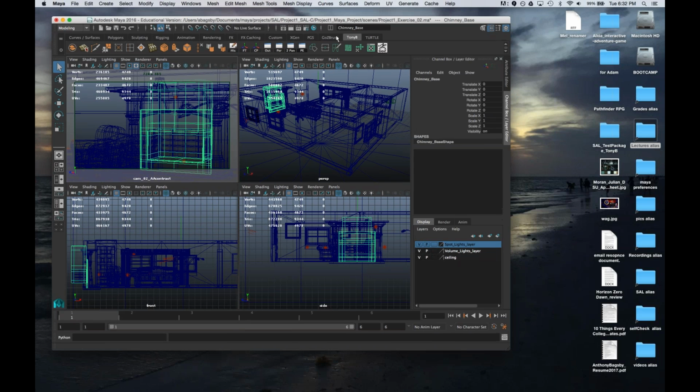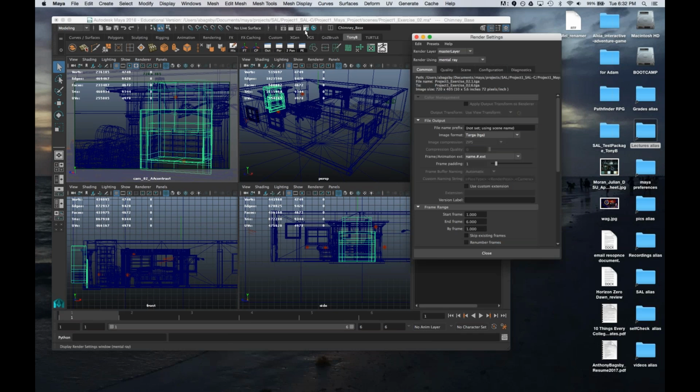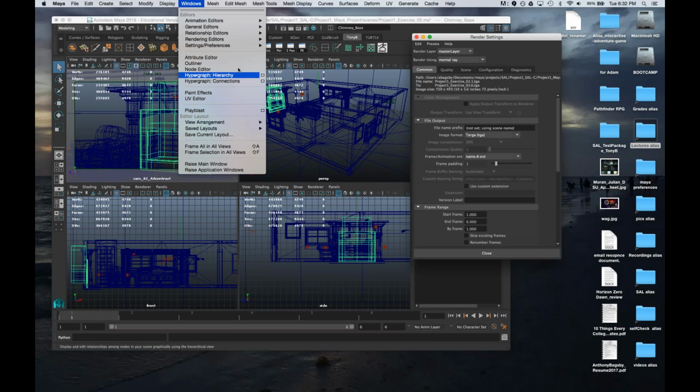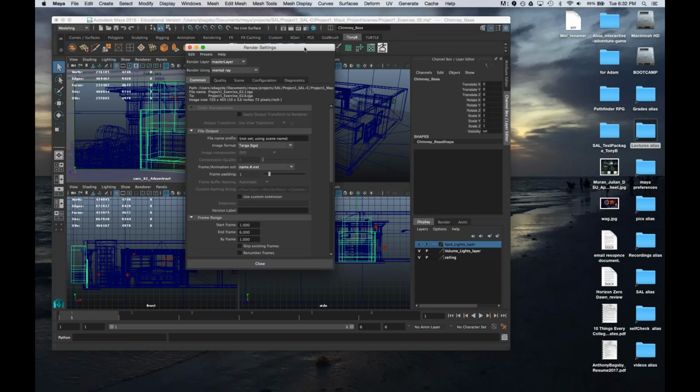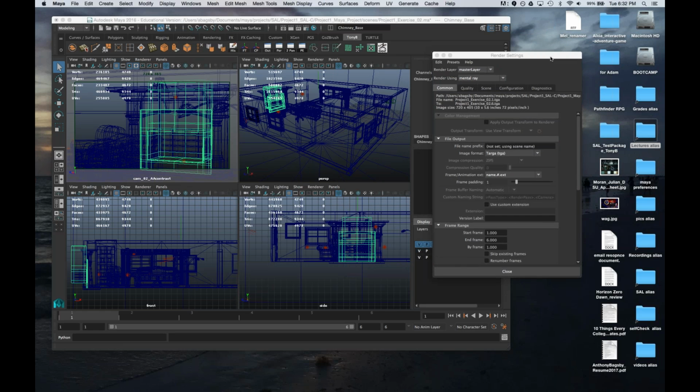Now, let's see if Mental Ray is actually loaded. Yes, it is. So you guys know if Mental Ray is not loaded, go to your settings and preferences, plugin manager. Is it like hiding behind Yoda training?